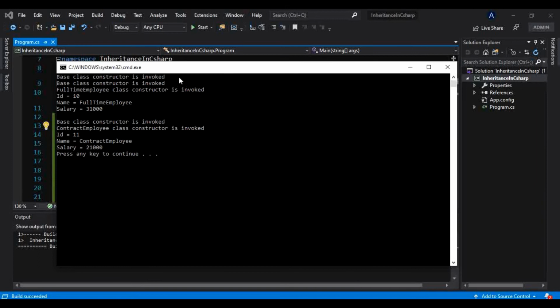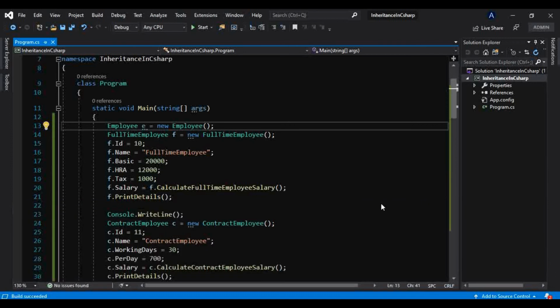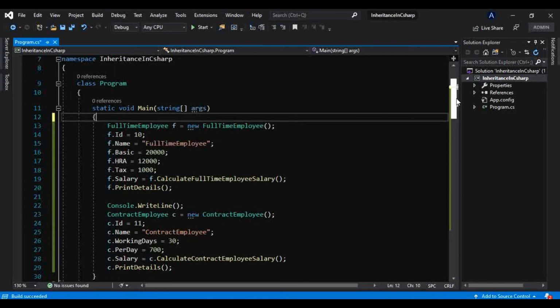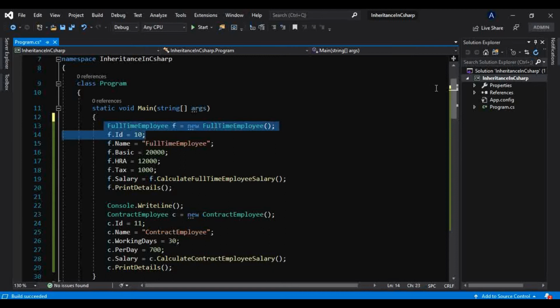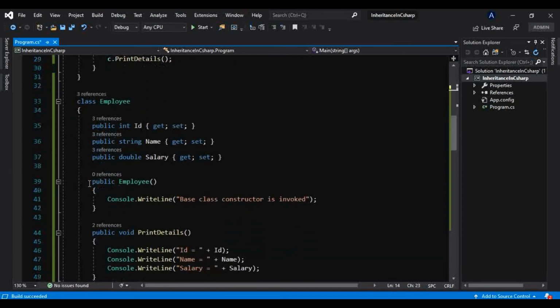no doubt it is invoking that constructor now, because we have created that object, but after that another base class constructor is invoked. We have not created an object twice, we have created only one object, and when we had not even created that object, still it was invoked. From where? As soon as you create an object of the derived class, through the derived class constructor, it first called the base class constructor.